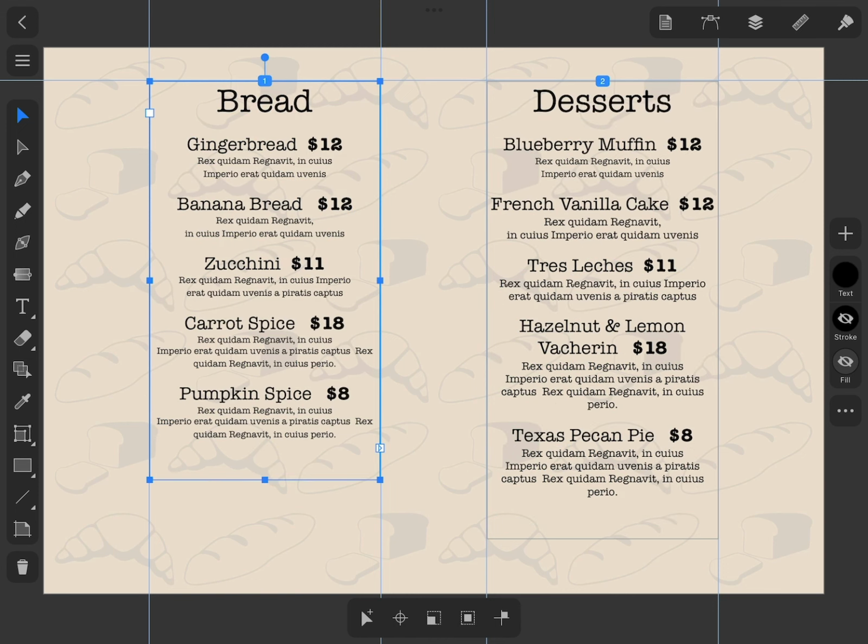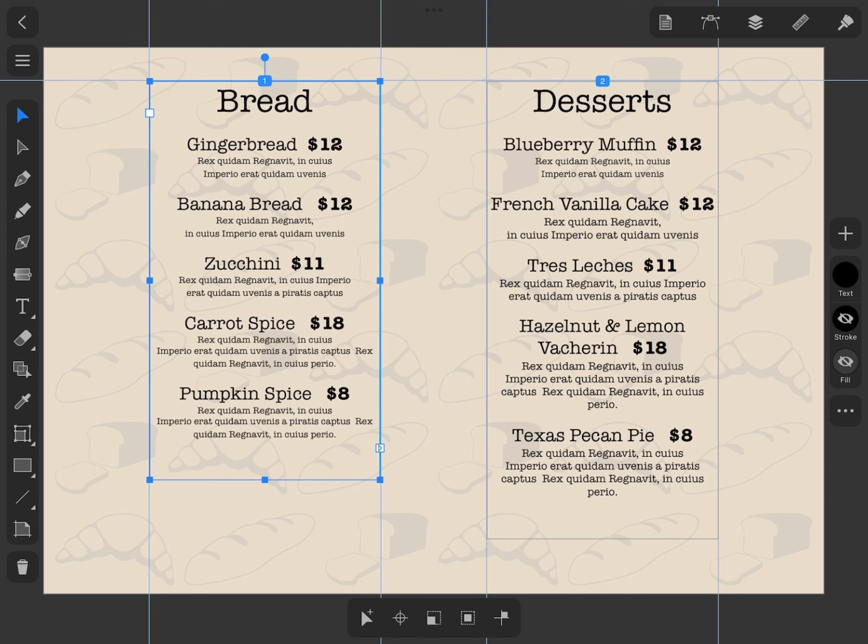Linked text boxes form a sequence in which each text frame knows its place in the order. Tags with numbers at the top of each frame display this order. Text always begins in the first text box. If there's not enough space, the text overflows into the second text box, and so on.